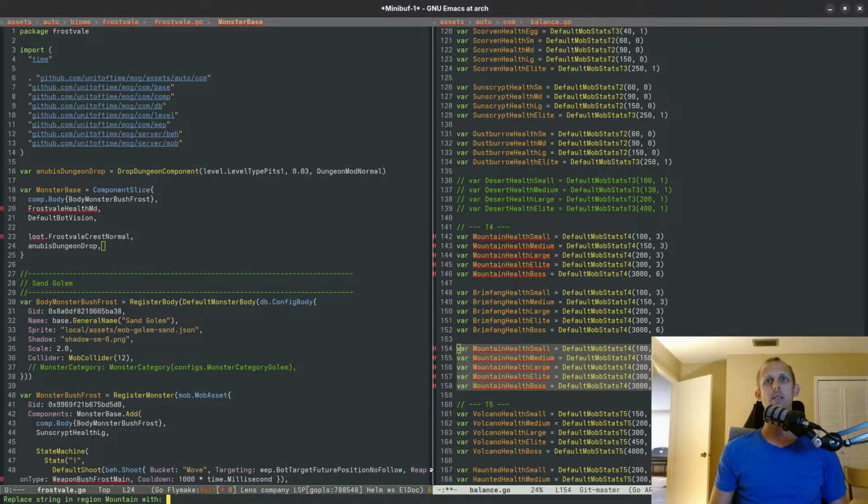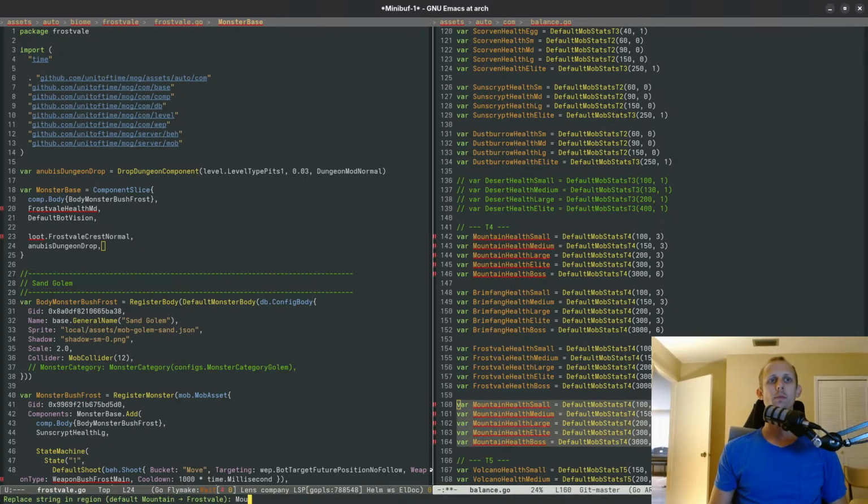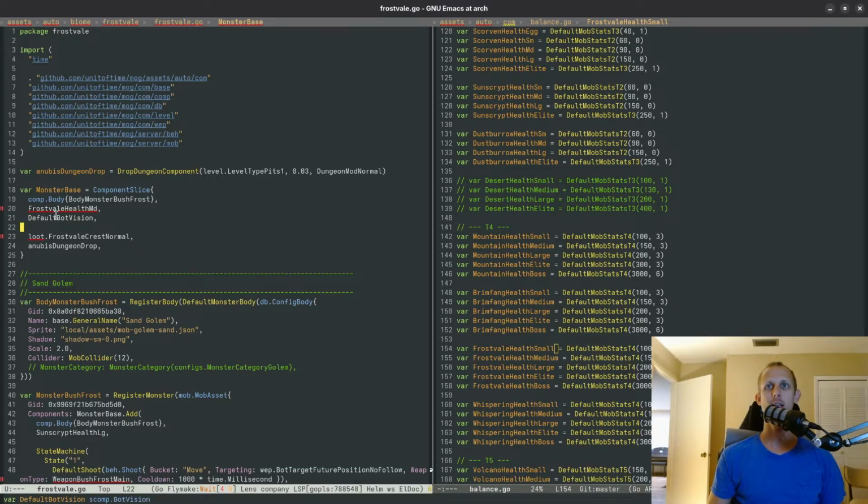Mountain replaced with Frost Veil. Mountain replaced with Whispering, which is Whispering Cliffs. That's the monk biome. And I'll just have to slowly migrate this stuff around, but yeah, we'll do Frost Veil Health,